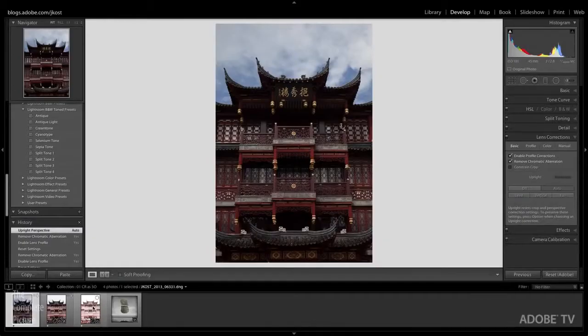Now, I did that because I don't want to apply the upright mode, the auto command, to each image individually because I might get different results on each image. Instead, I want those exact numeric transformations that I applied on the first image to be applied on the other 2. So I'll go ahead and select the other 2 down here in the film strip, and then I'll click